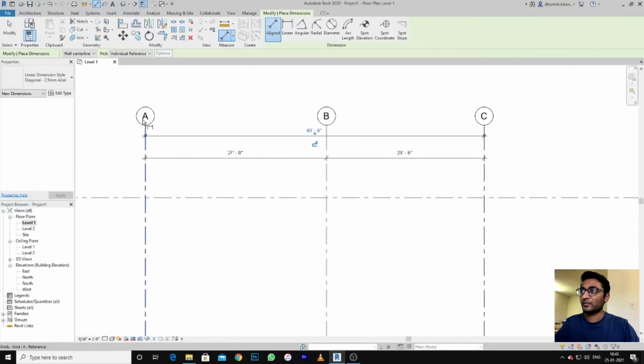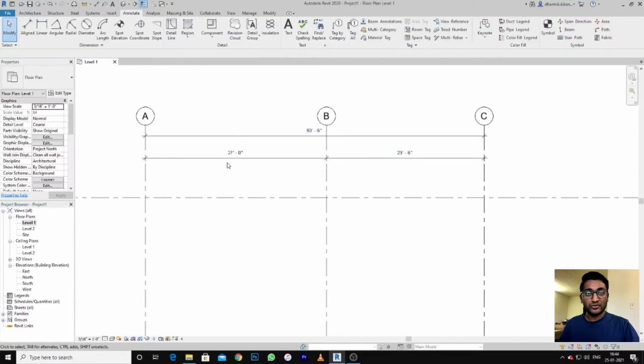As you can see, from A to B is 27 feet, and from B to C is 23 feet 3 feet 6 inch. Now if you want to make it equal, first remove from this command, so press Escape 2 times. Now just click